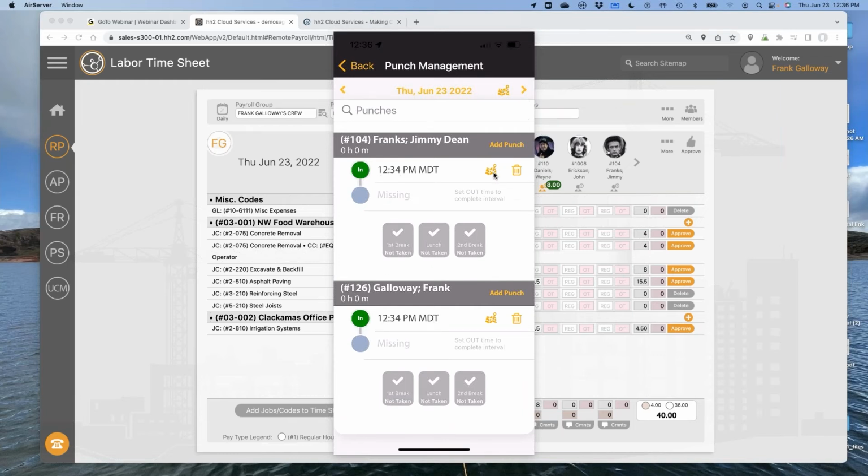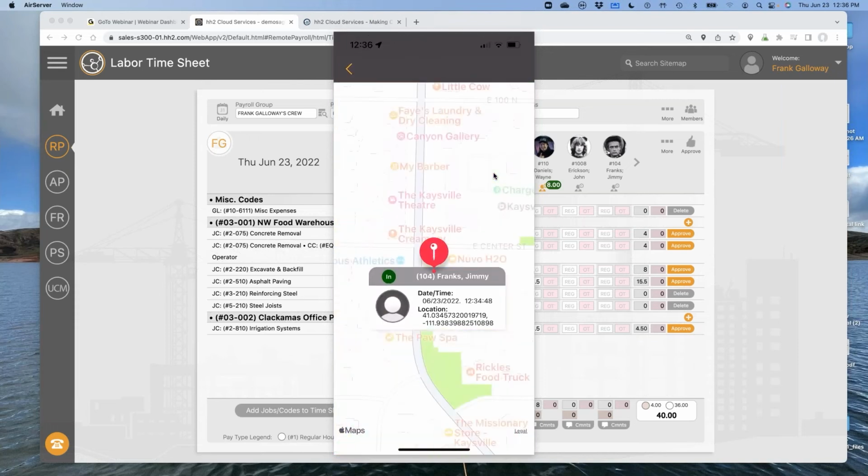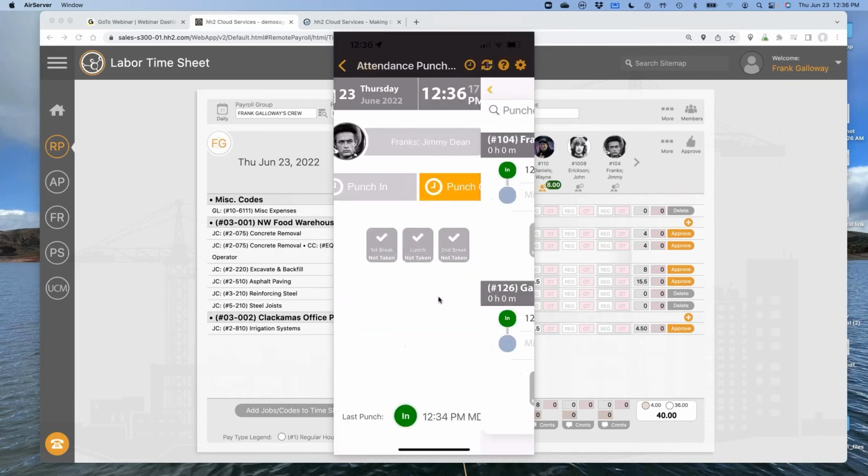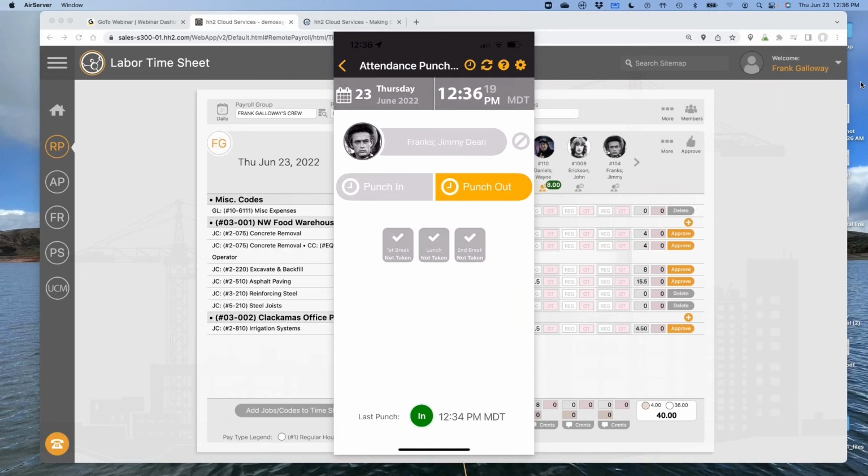And if I wanted to see where each of them clocked in, I can tap on that button there and I can see the exact coordinates of where the device was located that I clocked in and out on. So just know that that's some things that can be recorded. We do not track GPS throughout the day on the employee, just on the punch.